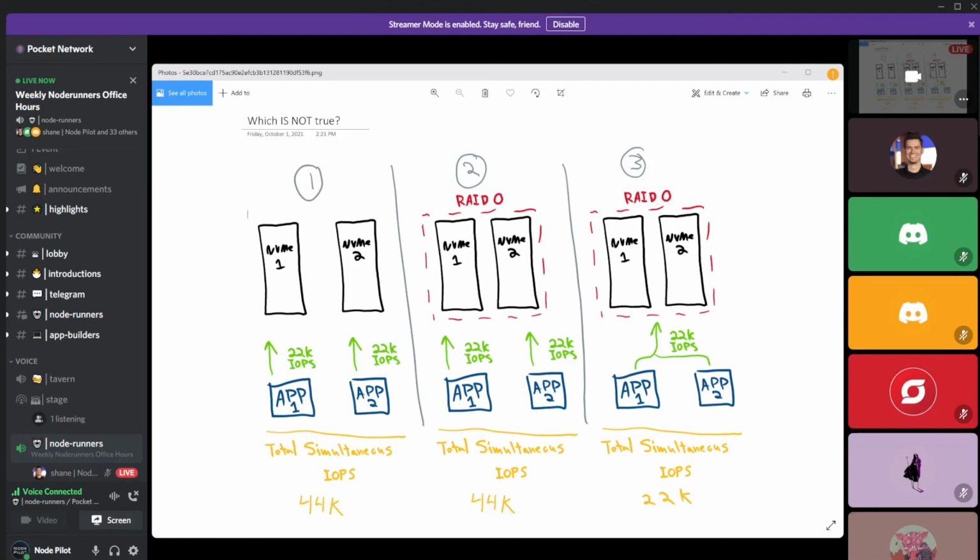Gotcha. Let me ask this about RAID 0, Alex, because you had mentioned software RAID, and that's actually what I was thinking about with all of this. With software RAID on Linux, you still have to get all the drives together and RAID them together, and you can't just dynamically add more drives to your RAID pool. Is that right? Yeah, you can't grow a RAID 0 as far as I'm aware with mdadm. Okay, so